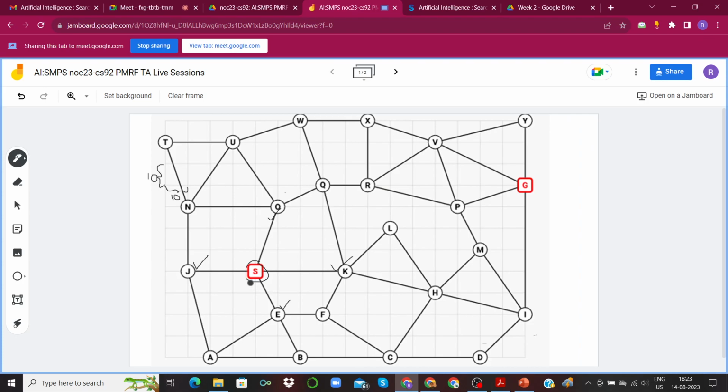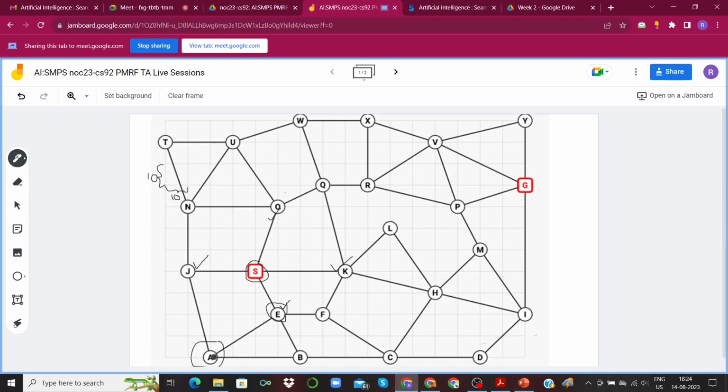So after S, you're going to explore E, and then repeat the same steps. What are the nodes that we could go to from E? We could go to A using this path, B using this path, and F using this path. It doesn't make sense to go back to S, so we'll keep that out of our mind. From E we could go to A, B, and F, and since A is alphabetically before B and F, from E we will go to A.